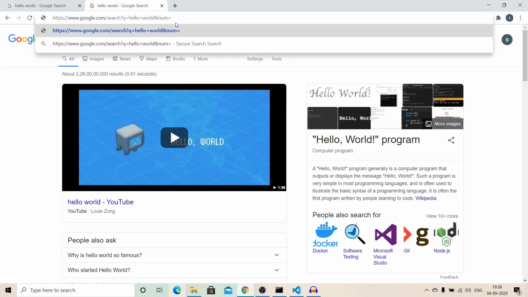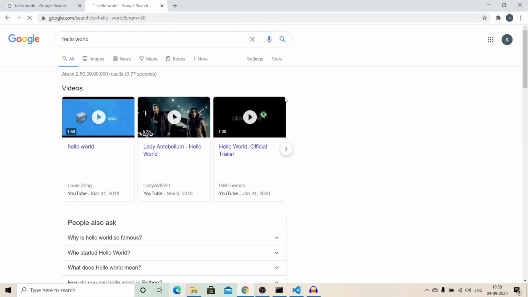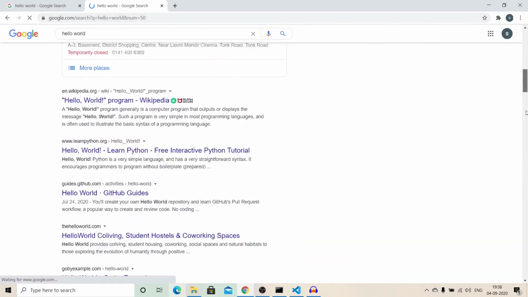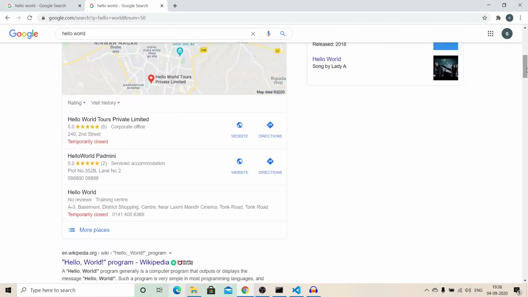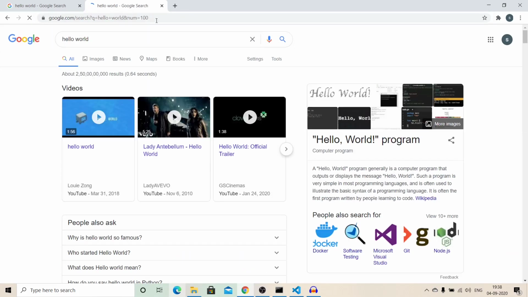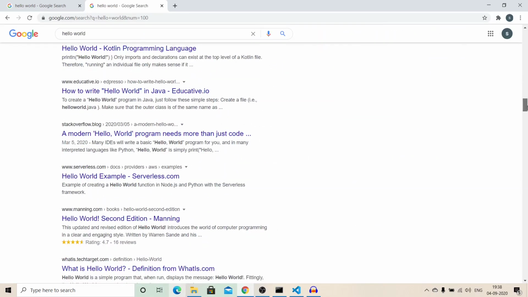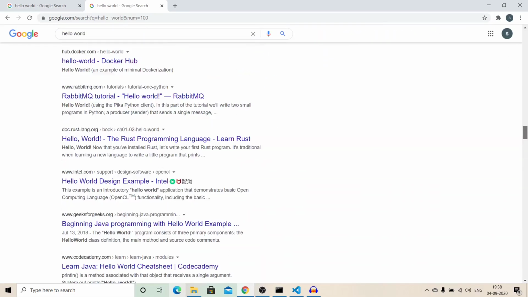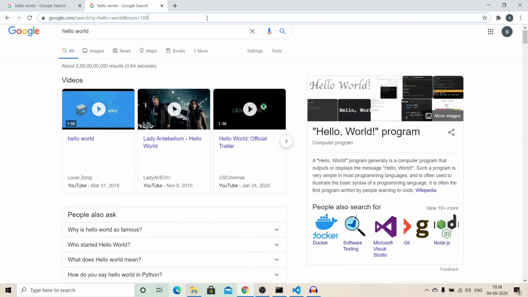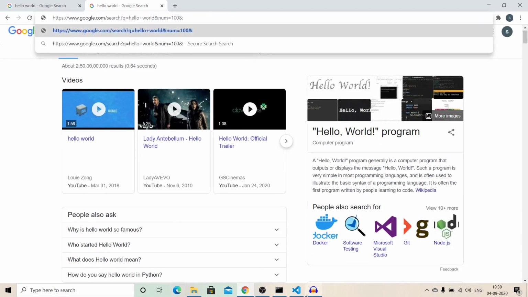If I set it to 50, you can see the result has increased and we now have 50 results. What if I increase this to 100? We have an even greater number of results. Using this we can increase our result count.